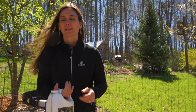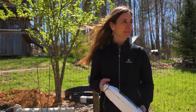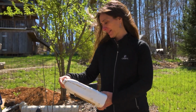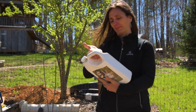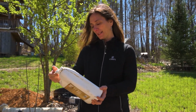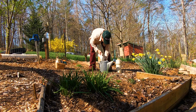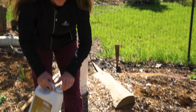So I'm still waiting to hear back from the extension office with my soil test results, and I haven't gotten compost in or anything. So I've got this liquid fertilizer. It's got biostimulant in it, which makes me wonder if maybe it would qualify as an inoculant, like I was talking with Adam at the Eco Village about. But I figured since I have it, I just followed the directions for vegetable crops, and I've just been putting a splash in here and getting everything one time with it, at least at the beginning here,